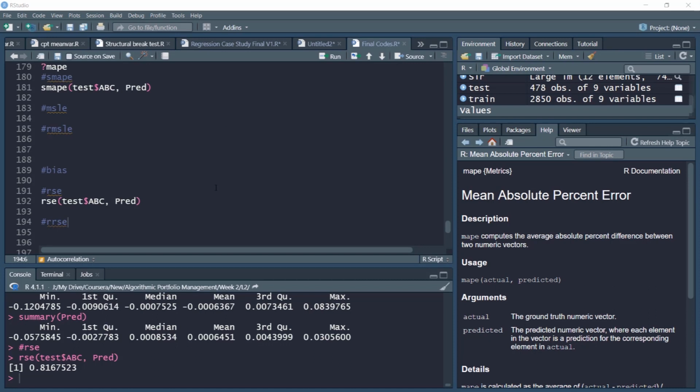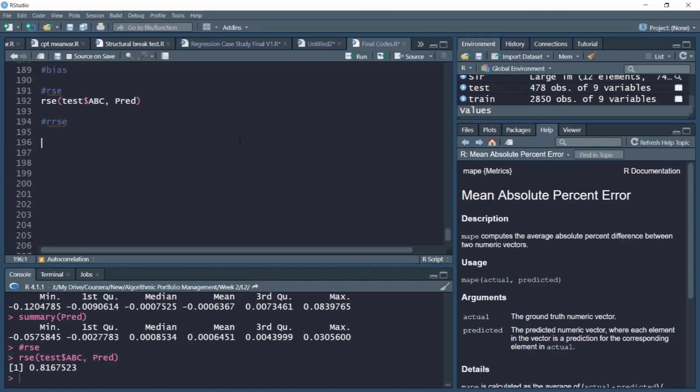To summarize this video, we discussed a number of error or cost measures to examine the out of sample forecasting or prediction accuracy of our trained algorithm. We also saw their implementation in R, and we noted that we can create more complex forms of error or cost functions by assigning weights or some complex expressions to these readily available error or cost functions.